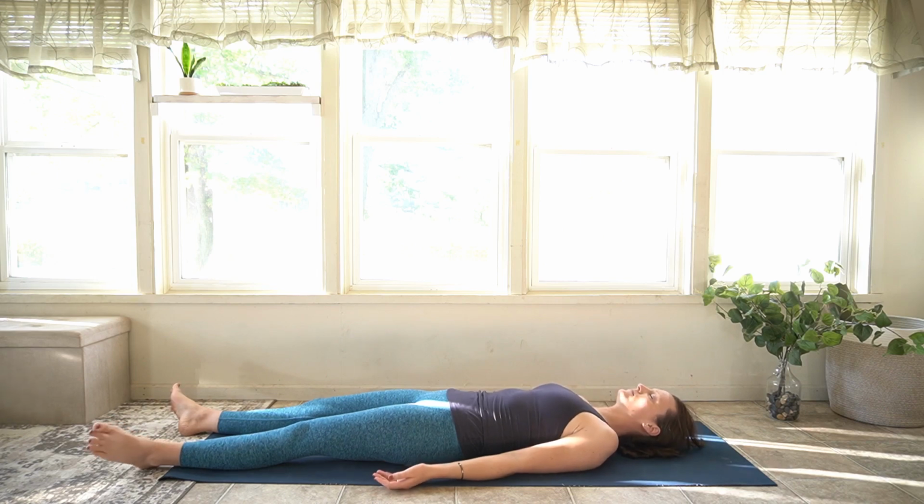And start to feel this wave of relaxation move through you, beginning in the crown of your head, softening the lines in your forehead, making the eyelids heavy, unclenching the jaw, releasing through the neck, the shoulders, softening the chest and the belly, the arms, wrists, fingers,